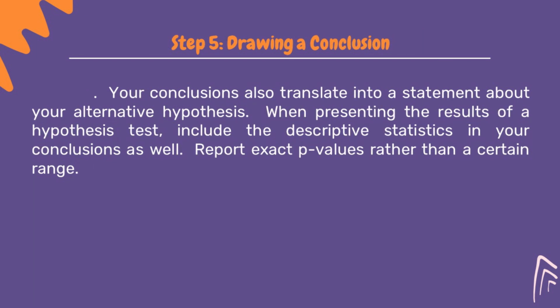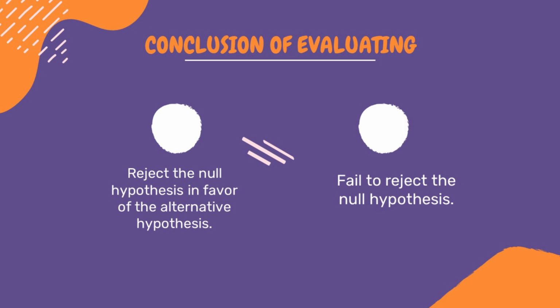The last step is drawing a conclusion. The conclusions also translate into a statement about your alternative hypothesis. When presenting the result of a hypothesis test, include the descriptive statistics in your conclusions as well. Report exact p-values rather than a certain range. So, the conclusion of evaluating hypothesis: